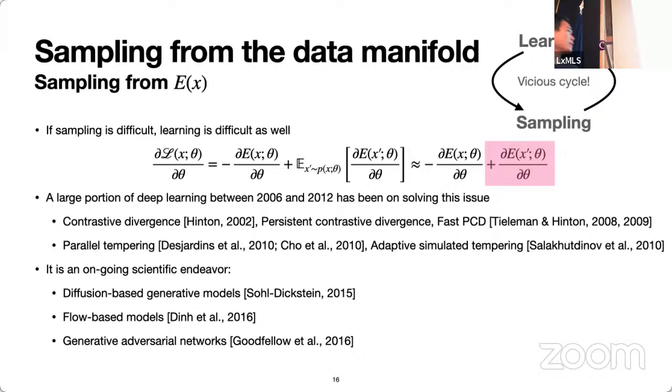It's still an ongoing scientific endeavor. If you were impressed, just like I was, by the diffusion-based models these days, like DALL-E 2, or what was it, there was another one from Google, right? Not PaLM. Imagen, and so on. Those are another line of work that tries to tackle this challenge of training a generative model. That is based on the diffusion-based generative model from Joshua in 2015, and it has been pushed much further. Now there are many recent studies that show the effectiveness of flow-based models. And of course, there has been huge interest in generative adversarial networks until a couple of years ago as well.